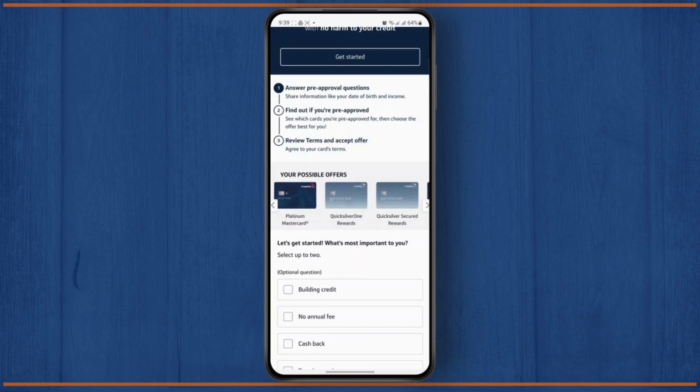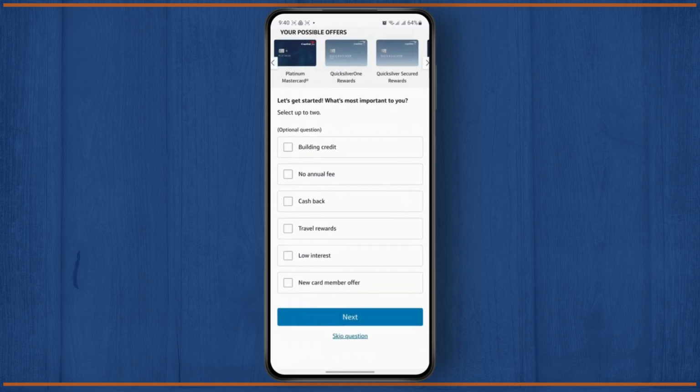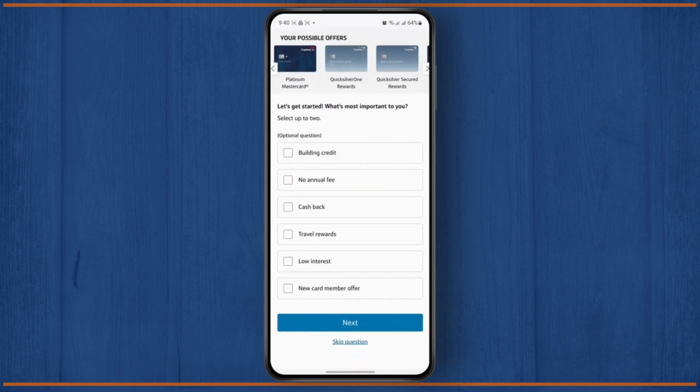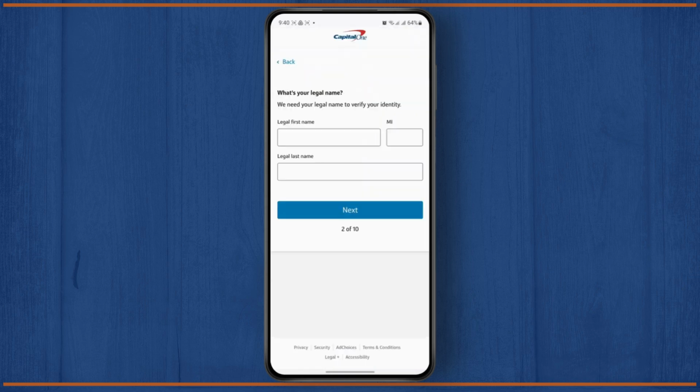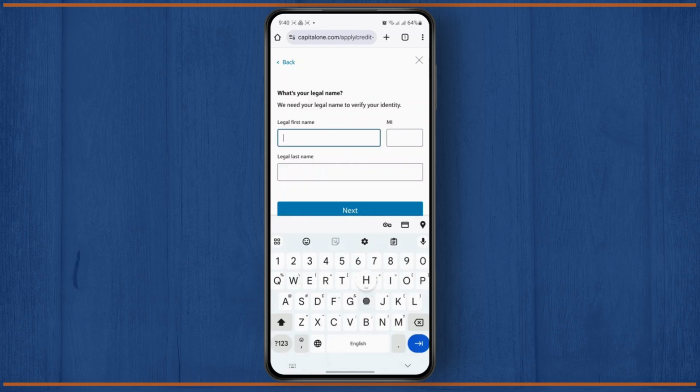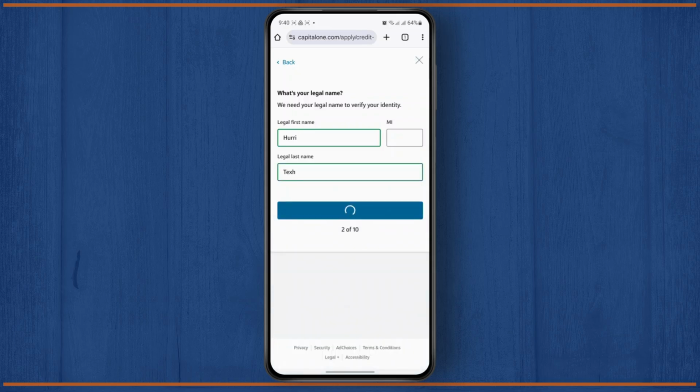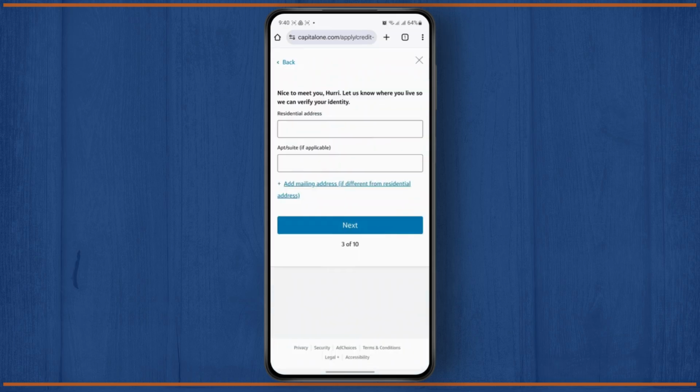For example, if I tap on the Quicksilver one, you can answer these questions, or these are optional. You can also skip these questions. First, you'll have to provide your legal name and then your middle name and your last name. Then tap on next. Once you have done that, you'll have to provide your residential address,